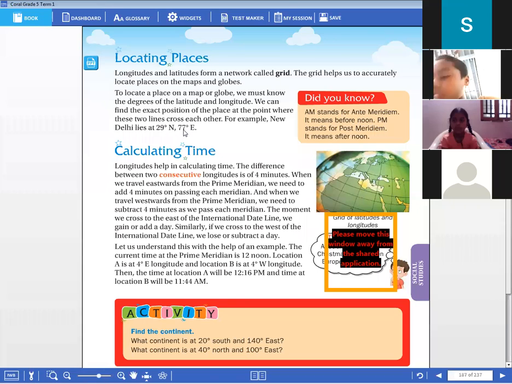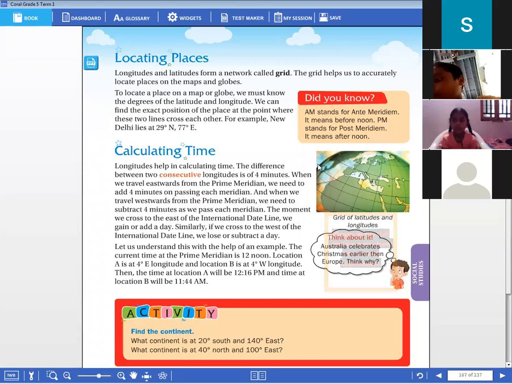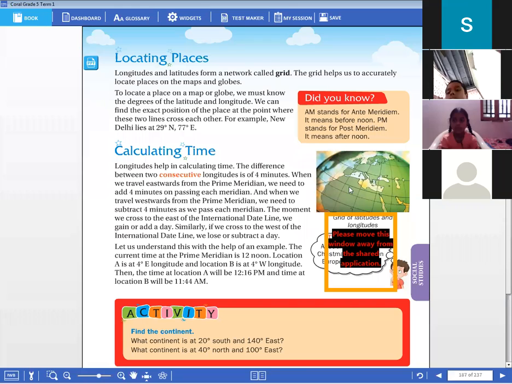You have to find a map and see where the 29 degrees north line is located. For example, I'm saying this is the line, children, 29 degrees north. Let me take 77 degrees east. This is the longitude line, which is 77 degrees east. These two lines will be combining at this point. This point is the location told by them.